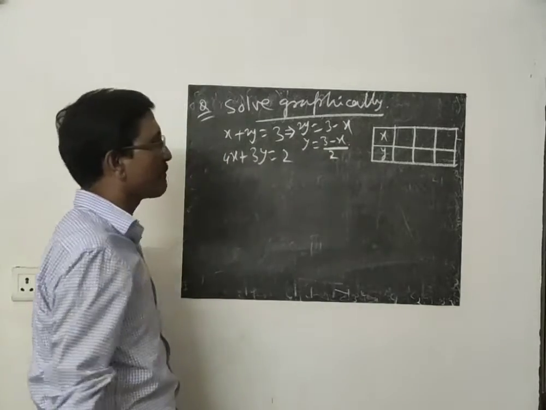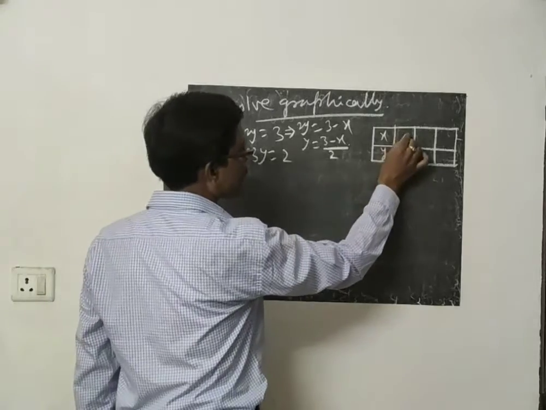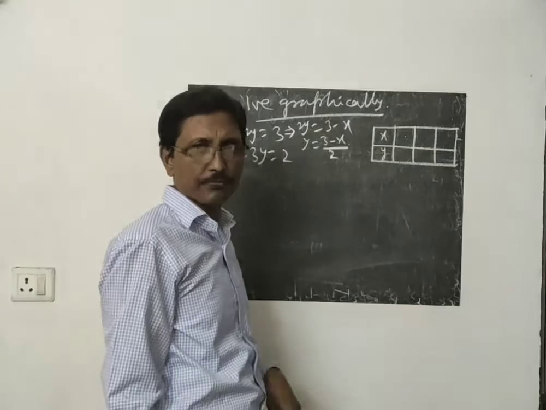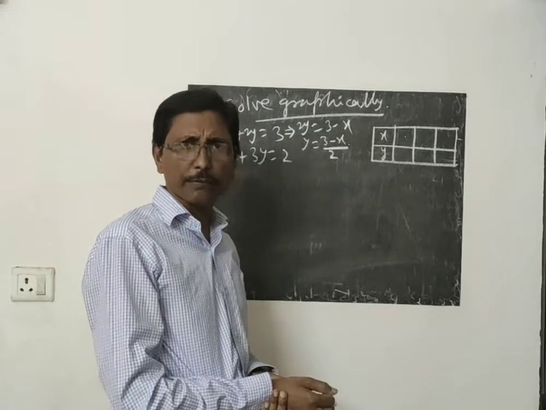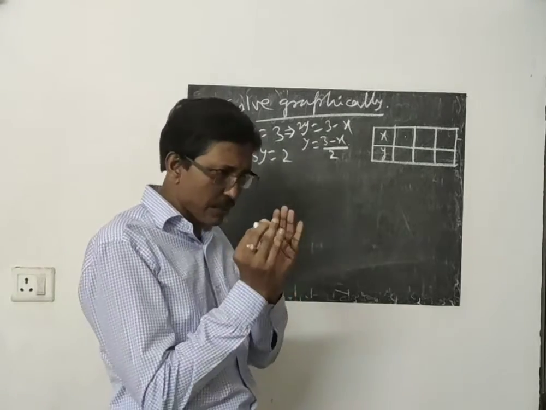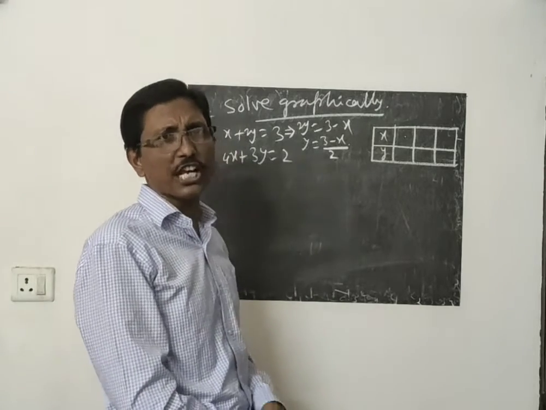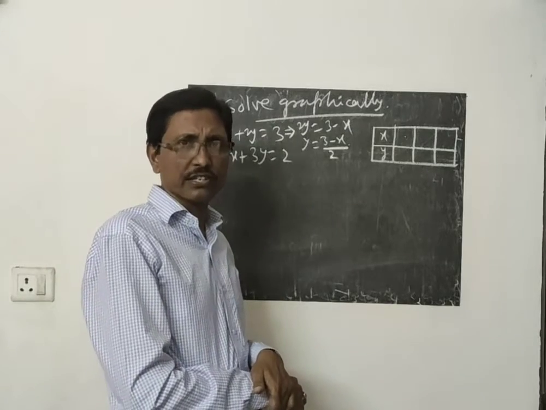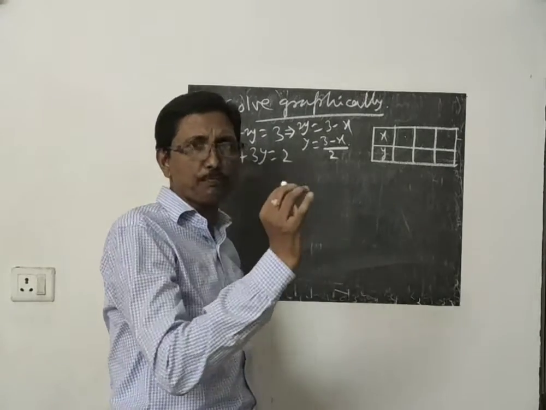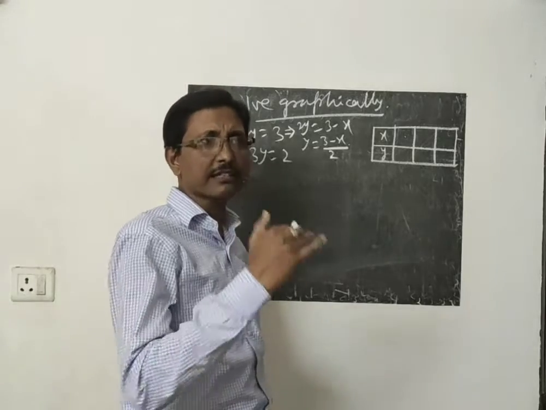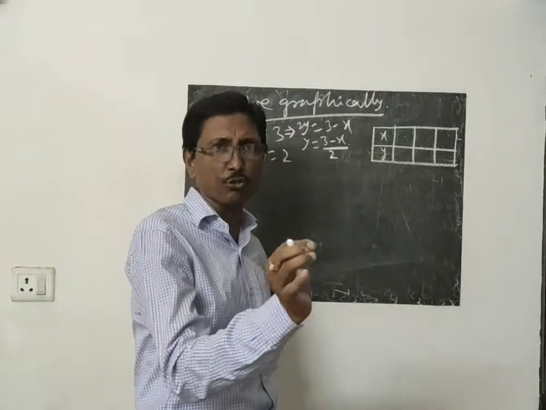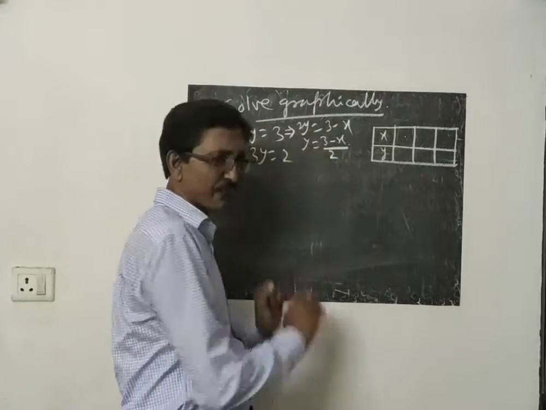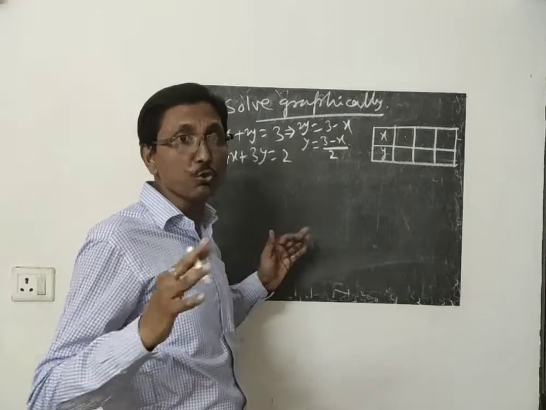So on the right side you have x. When x is equal to some value, you can get the respective value of y. Here you can take any value of x, but I will say you should follow some limitation. First of all, take those values of x that avoid fractional values. It is easy to represent 3 rather than 10 by 3. For 10 by 3, where 3 and 1 by 3 lies, you will not get the exact position. That's why try to avoid fractions and try to avoid huge values, which would be difficult to represent.